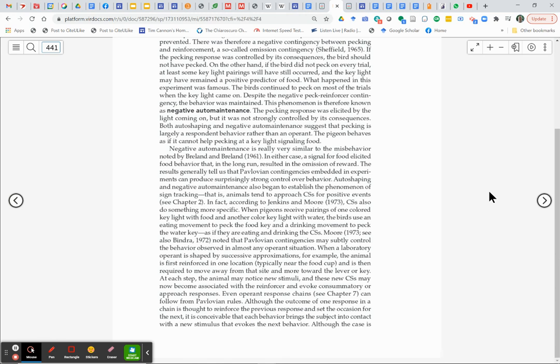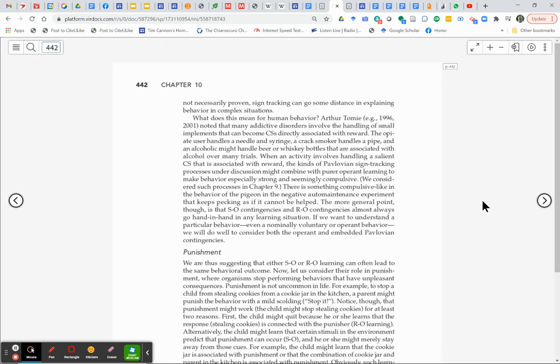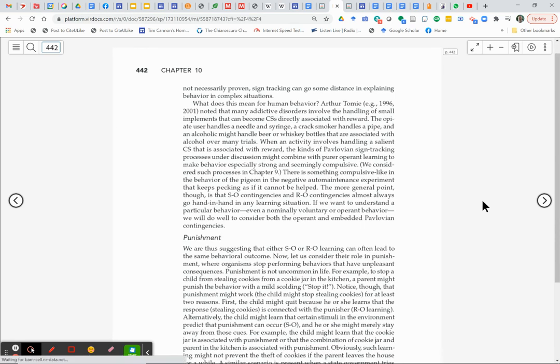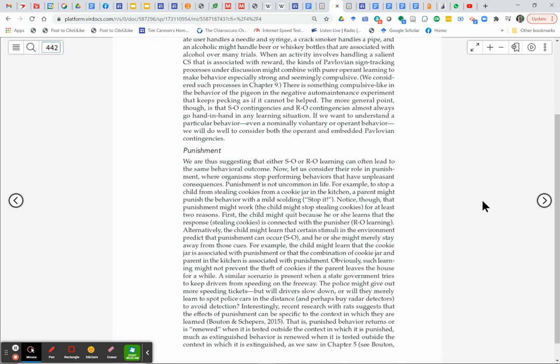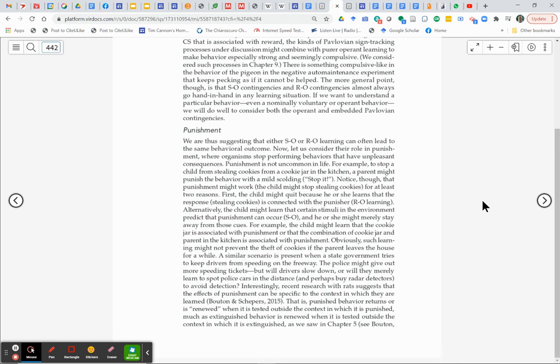And more Breland, more drinking, and displacement activities or activities near different stimuli, punishment, and now we're getting into the S's, SOs and ROs, and they're both important. And behavior modification was a popular term back in the day. It has negative connotations now,